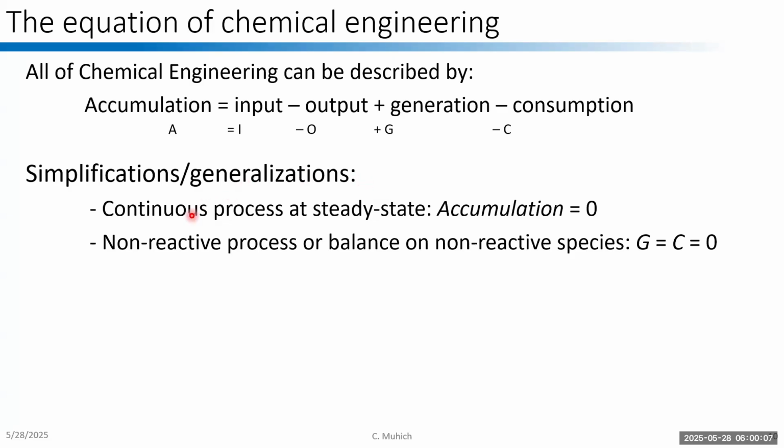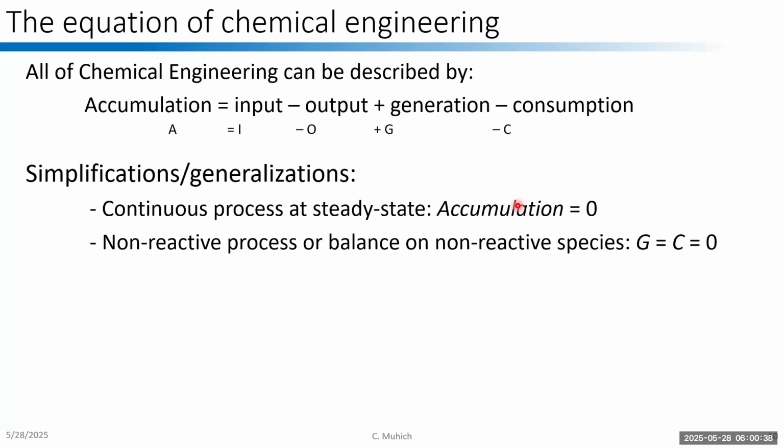The first one that we'll see a lot in chemical engineering is a continuous process or a steady state process, right? So this means that nothing is accumulating. Whatever's happening in that system is not changing with time, therefore the accumulation is 0. Also, and this is what we'll deal with today,